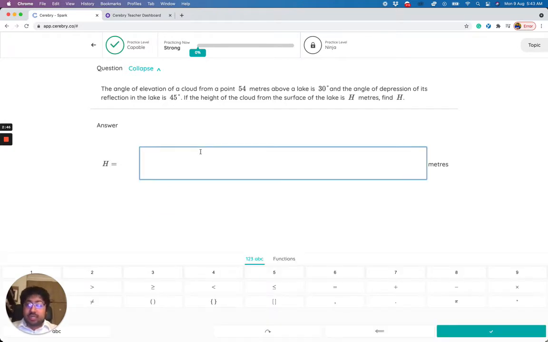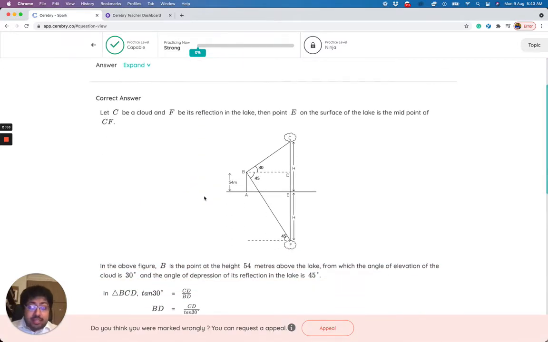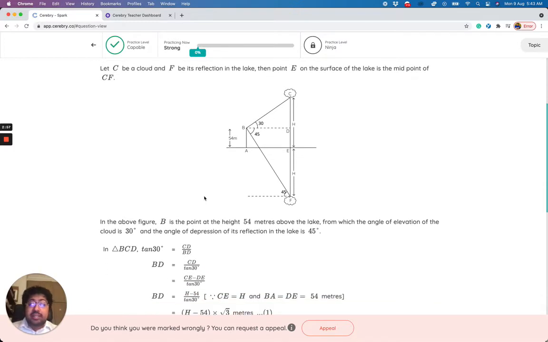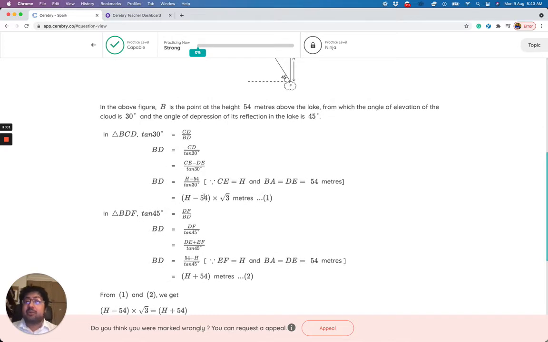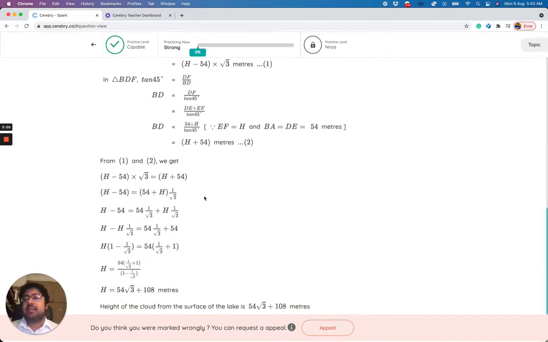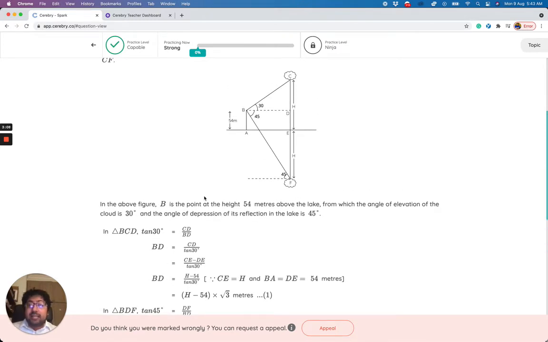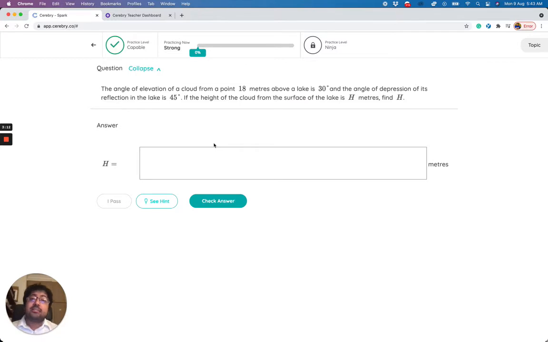Now let's say the student is struggling with this question. So if I enter a wrong answer, so my answer is wrong. Now this is the first level of intervention where the engine will generate a complete step-by-step solution, and you can see how detailed the solution is because it is being generated by the AI. If a human teacher were to present the same solution, they would likely skip some steps, but the AI is unbiased.